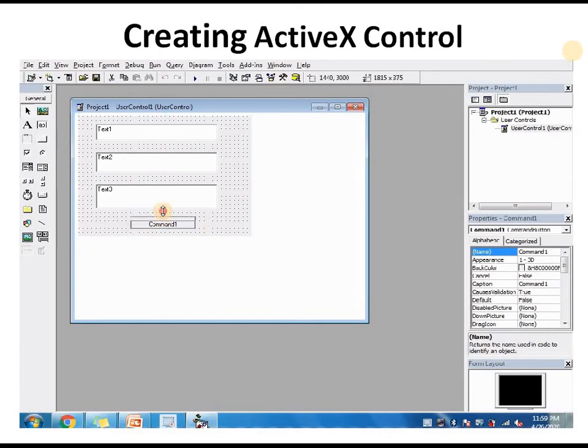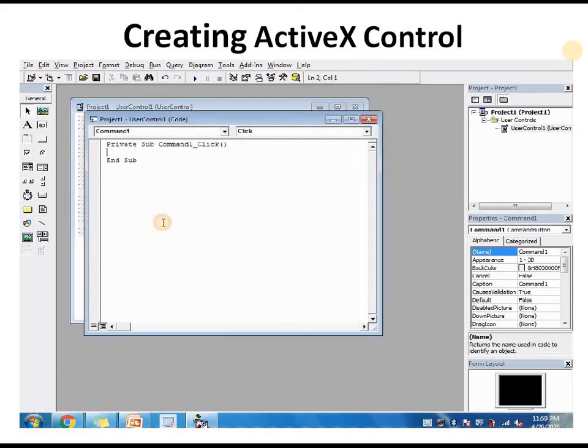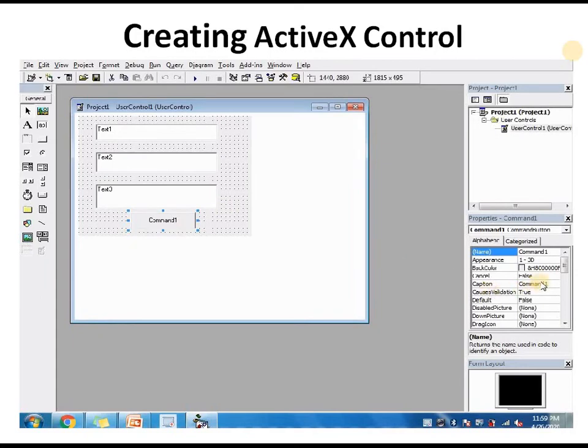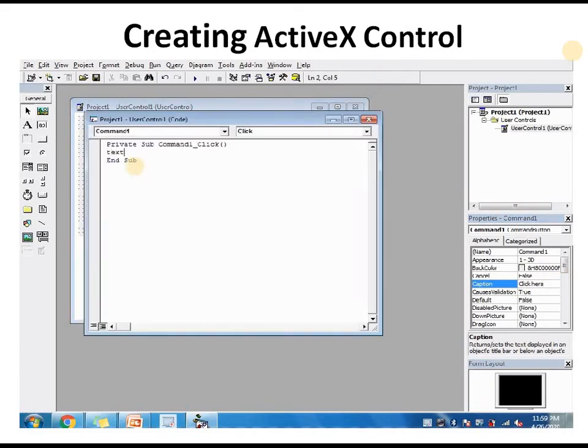Here we are designing our user control, ActiveX control. We are taking 3 text boxes and 1 command button. 2 text boxes are used as input boxes, and the third one is used as an output window. We are attaching code. After pushing the command button, we get the addition of text1.text plus text2.text, and the result